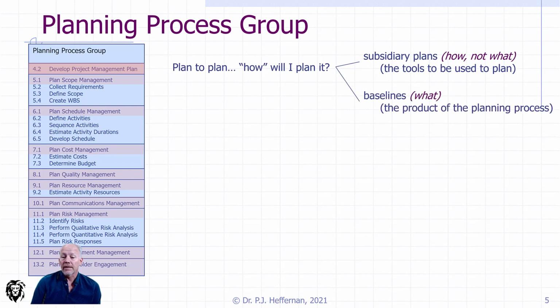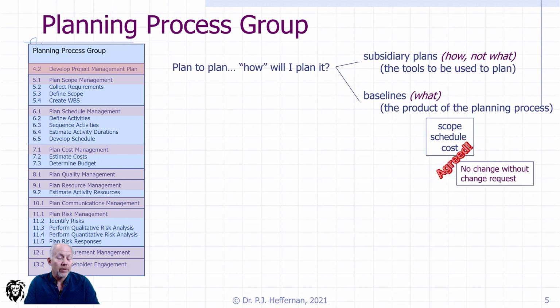Now, it doesn't end there, because knowing how you're going to do things isn't really good enough. It's not going to get the project done. So we do need to figure out the what. And so these what we're going to do really fall to the baselines. And we typically talk about the 3 baselines that come out of the project planning process. And those deal with our 3 from our iron triangle: scope, schedule, and cost. And so we have a scope baseline, a schedule baseline, and a cost baseline.